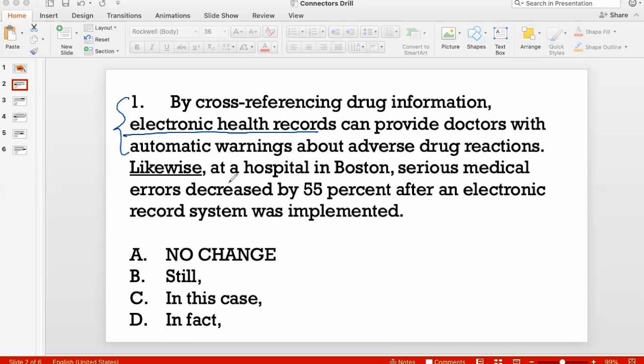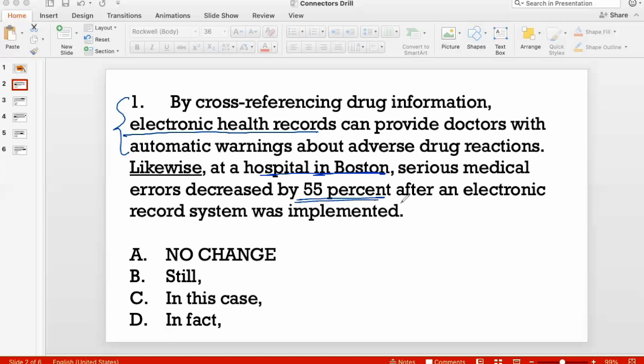The second sentence is giving an example of a hospital in Boston where serious medical errors decreased by a whopping 55% after an electronic record system was implemented. So you are using the second sentence to give an example, an impressive example of what is being described in the first sentence. Now, likewise cannot be the connector for this because likewise is used to compare two analogous situations,